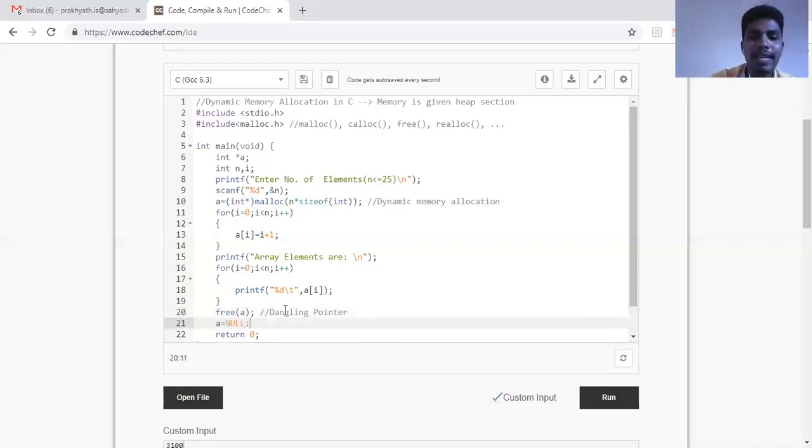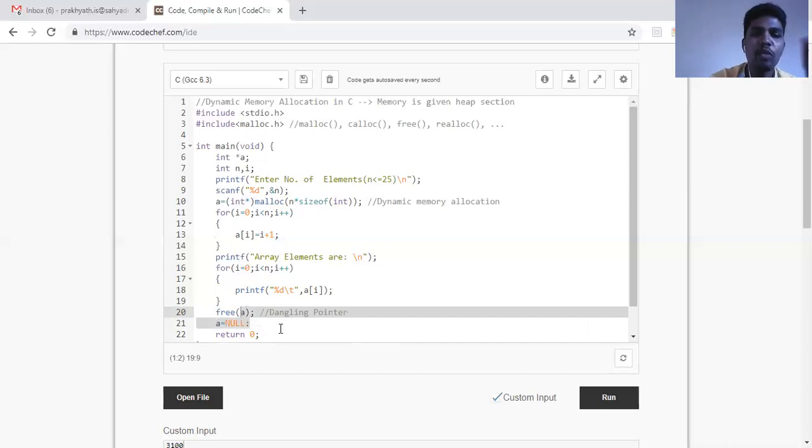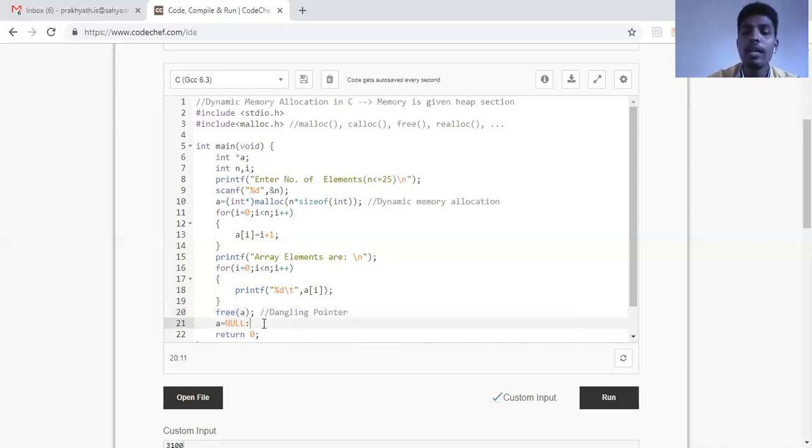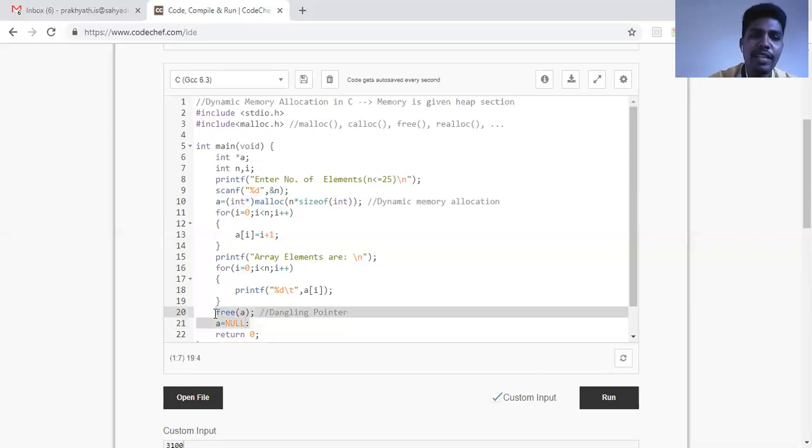So this completes my code. This is an effective coder's rule: you should free the memory space requested from the heap, and also make the pointer hold a null value so that it doesn't hold a garbage value, creating some error in a later section. As a good programmer, have a habit of freeing the dynamic memory you have requested through the free command. Very easy: free and the name of the pointer variable.